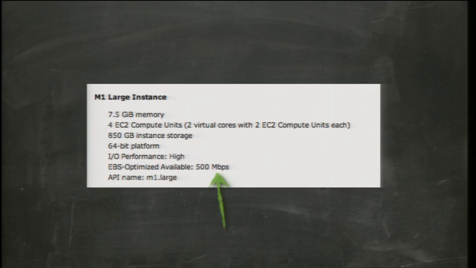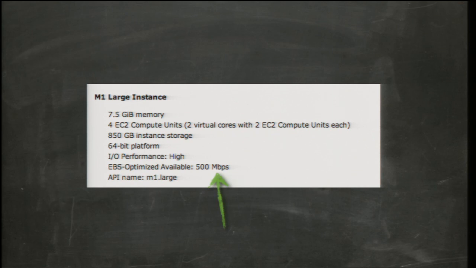And we have this new feature that came out a couple of months ago now. I'll talk a little bit more about it later in this talk, but we call this EBS-optimized. A subset of instances support this capability. What it really gives you is the ability to provide dedicated additional network capacity to Amazon EBS. For the case of an M1 large, it tells you that you have 500 megabits a second between EC2 and EBS.